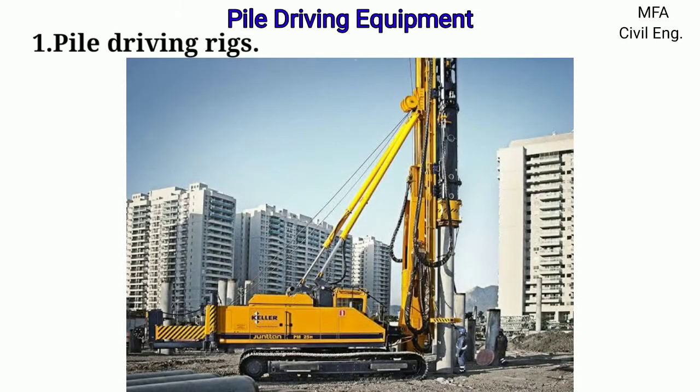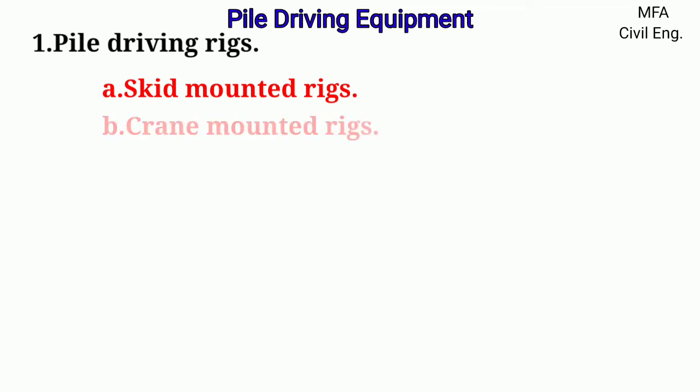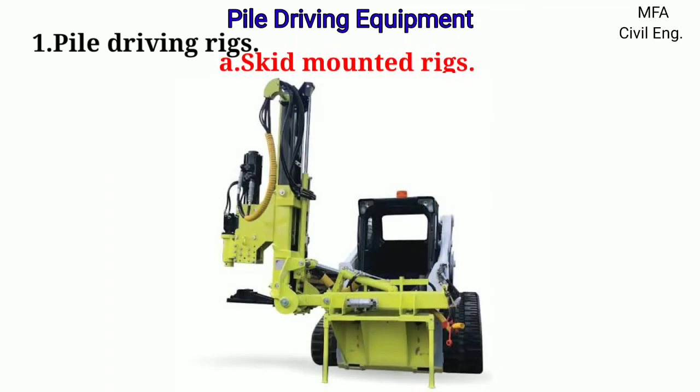The driving rig should be strong and stable and able to move on soft ground. It should provide a satisfactory arrangement for the working of the hammers, and the hammer should deliver the blow axially. There are three types of rig generally used for pile driving: skid mounted rig, crane mounted rig, and floating rig. The skid mounted rigs are equipped with rail wheels or with long steel rollers